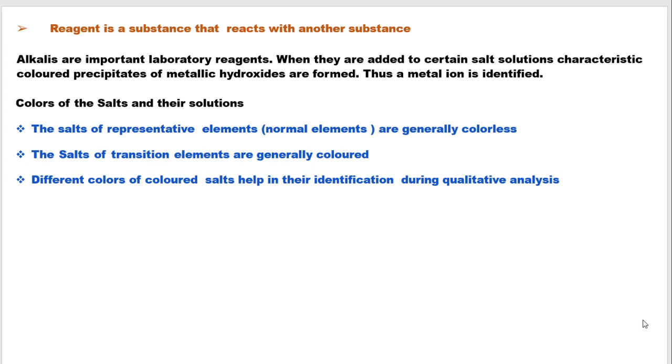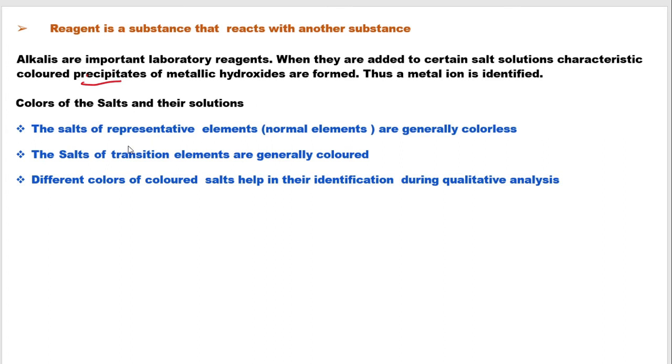Okay, so you have come across a word called precipitate. What is a precipitate? When two soluble salts combine together, an insoluble compound is formed which does not dissolve in water and it settles down. That solid compound is known as a precipitate, and the reaction type is a precipitation reaction. So, what kind of reaction are we performing while identifying a metal ion? It is a precipitation reaction.